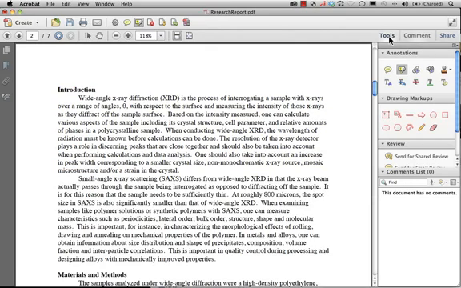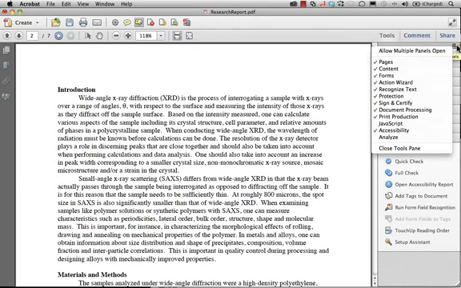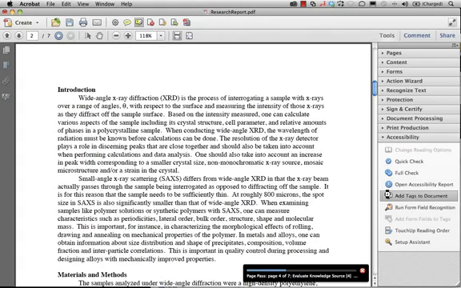Before we go any further, let's click the Tools menu and let's look at the Accessibility pull down. Now, if you don't see the Accessibility tools right here, you can go up to the upper right corner and make sure that it's selected right here. We're going to do something called Add Tags to Document. Adding tags to a document gives this a little more functionality for reflow and for using in a variety of situations beyond just accessibility. So I click Add Tags to Document, and Acrobat looks at this for a minute